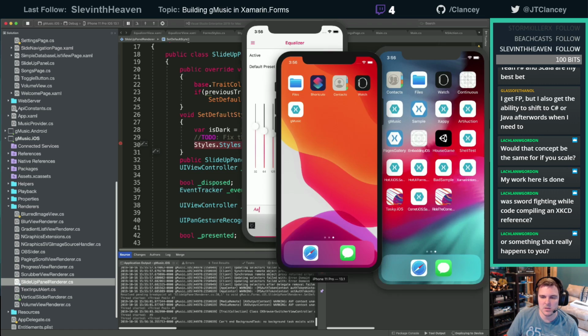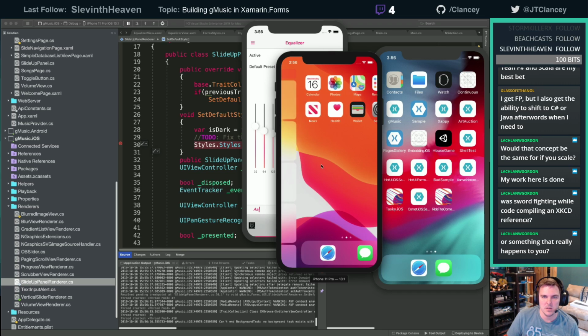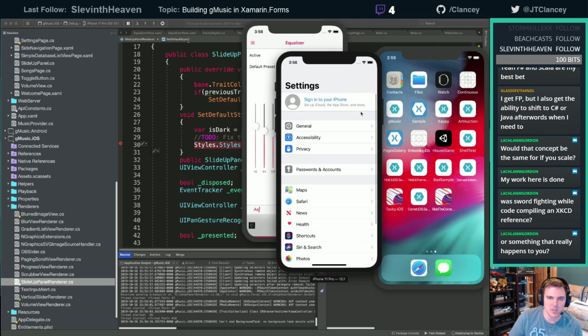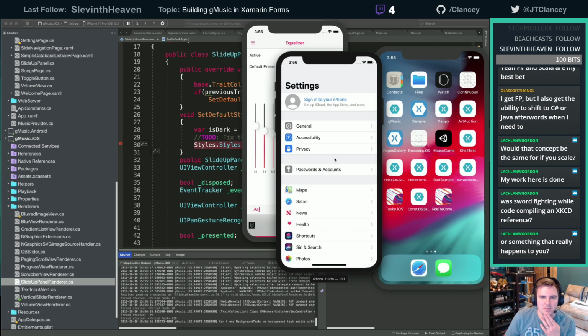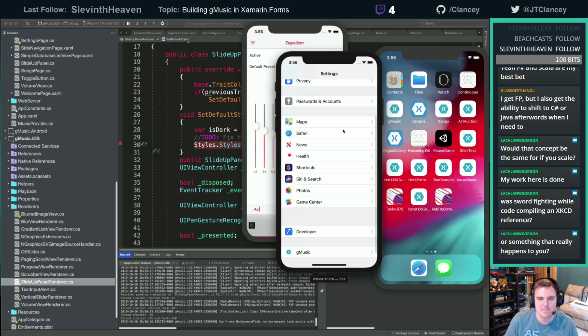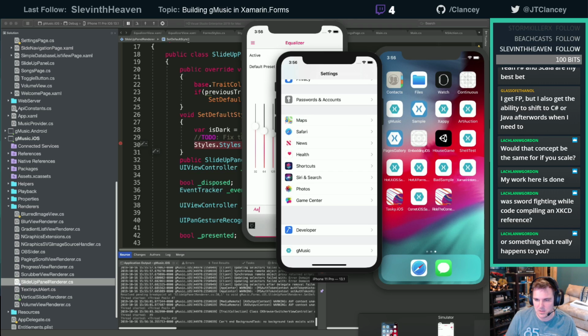It's still debugging. Come on, simulator. I've never had the iOS simulator work this bad. Where's it live now? And why don't I have a search? You get a search on the real device. This is an iOS 13 device, right?